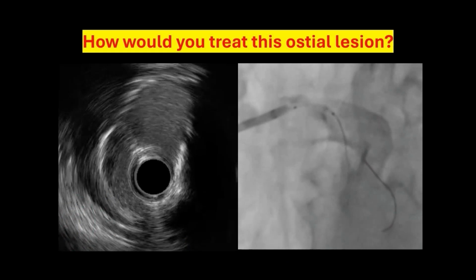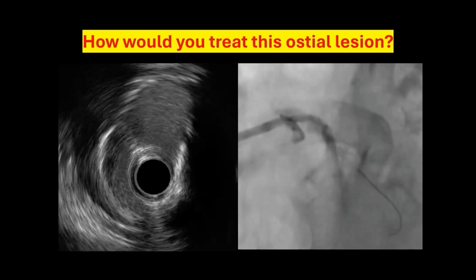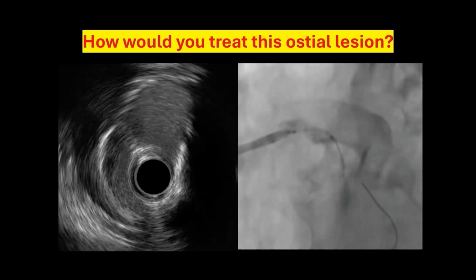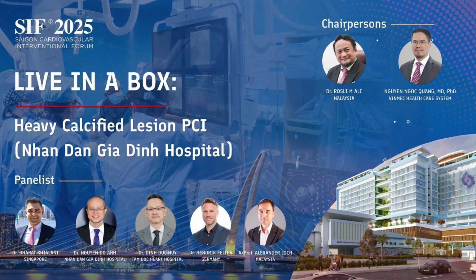Left main ostium shows two large calcium plates with approximately 200 degrees of calcium arc, but the margin is still fibrotic. The calcification is extending from the superficial layer on IVUS to the deep layer, which is visible on angiography. So, how would you treat this ostial lesion? A little bit on how to treat the ostium of the left main, Dr. He first. Yes, I think it seems that the IVL balloon doesn't crack the calcium